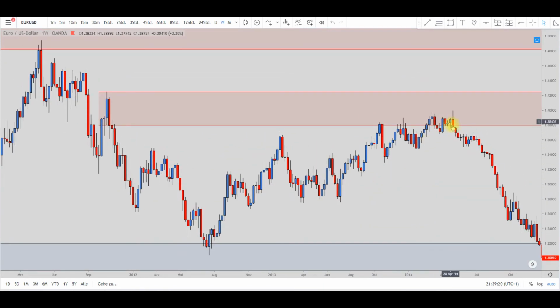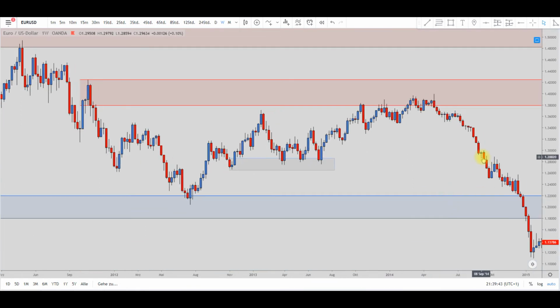There was quite a violent sell-off in 2014. And here you can see how demand kept the market up for a couple months before it traded into supply, which was actually then